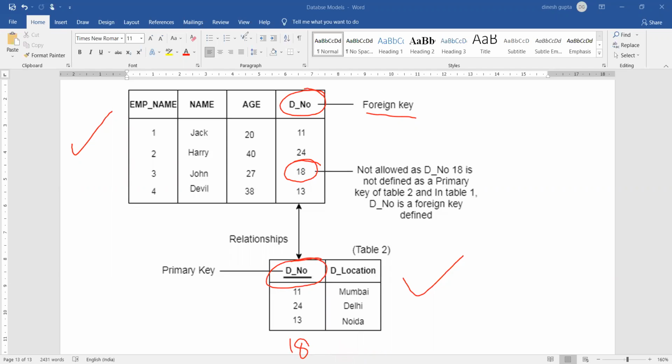Okay, so this is violation of the referential integrity,